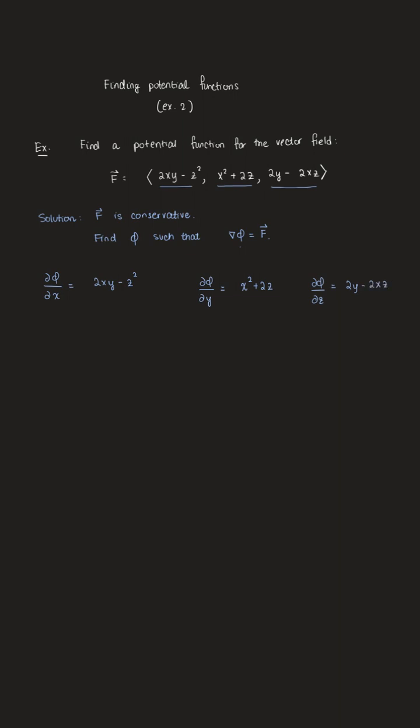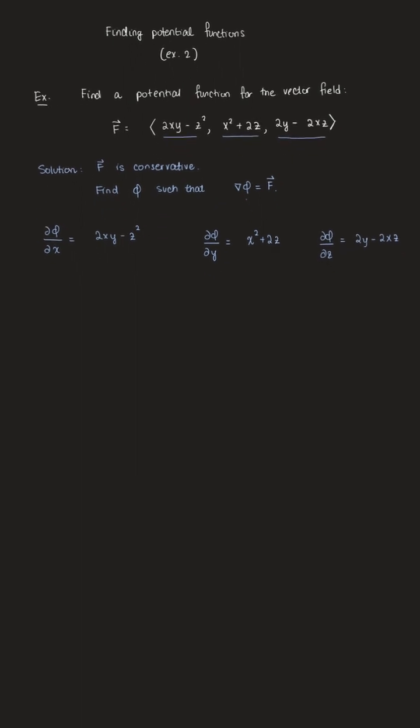So our goal is to construct this potential function. And the way that I'm going to construct it is I'm going to start with the first partial and integrate that with respect to x. Right? So we will integrate with respect to x first. And that's going to give me my first candidate for our potential function. We know it's a function of 3 variables. So we'll put a little arrow so we remember this is our first